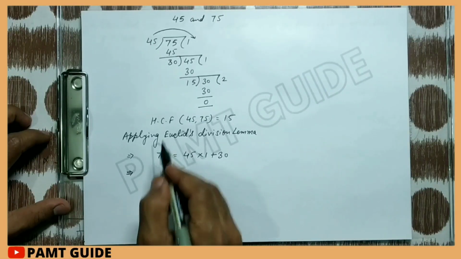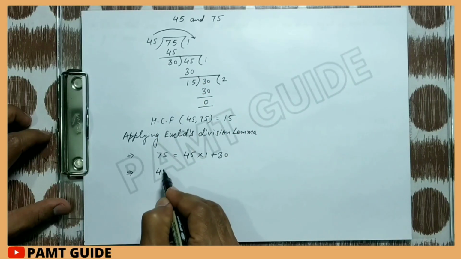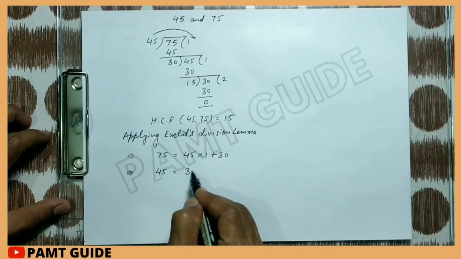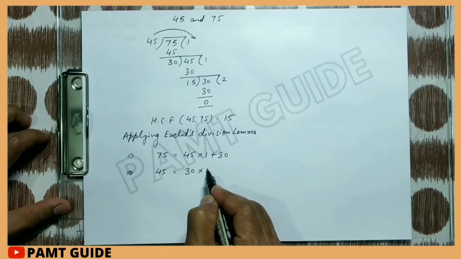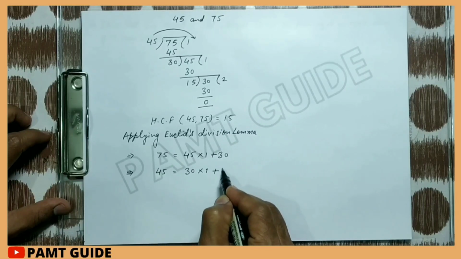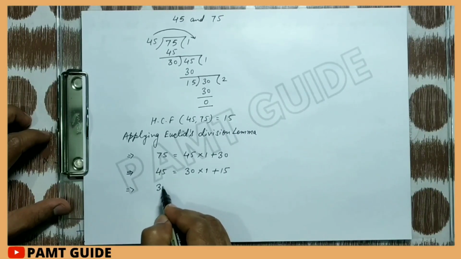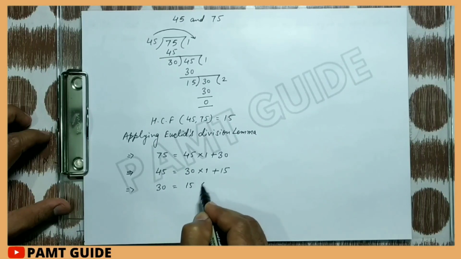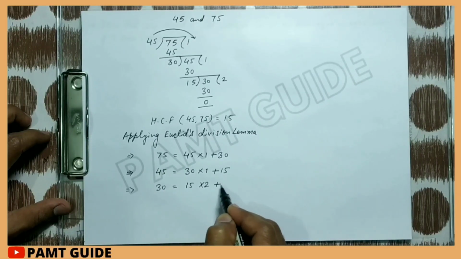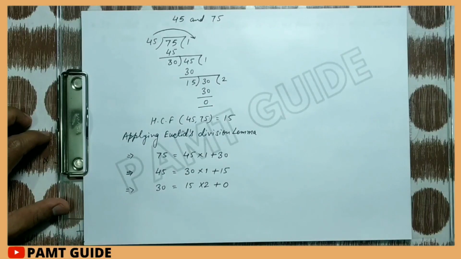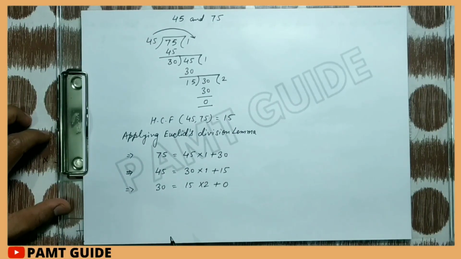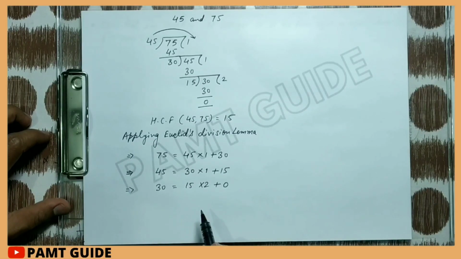In the next division 45 equal to 30 multiplied by 1 and plus remainder. And the last 30 equal to 15 multiplied by 2 plus remainder, that is 0. The remainder at this stage is 0, so the divisor at this stage, that is 15, is the HCF of